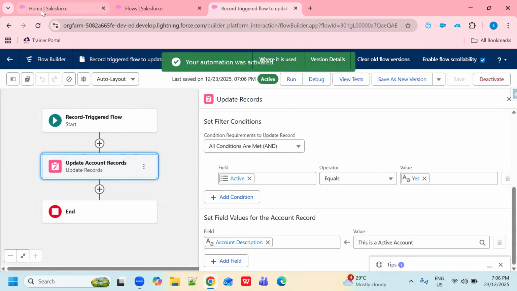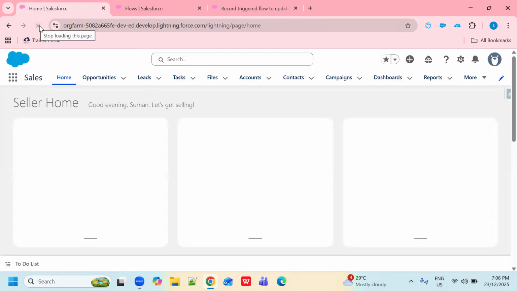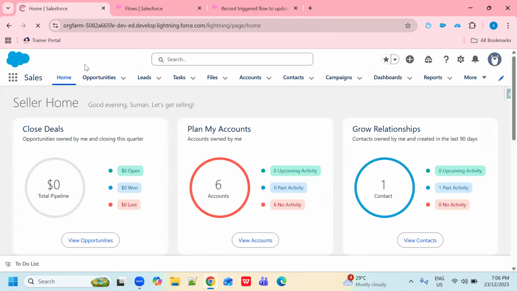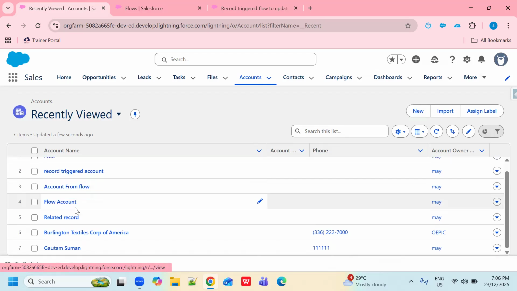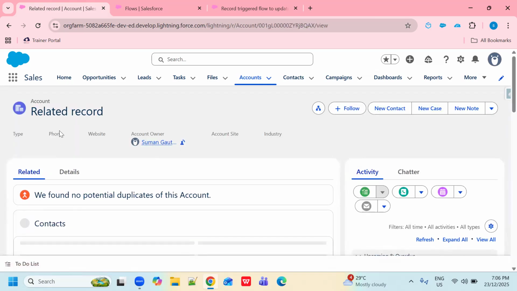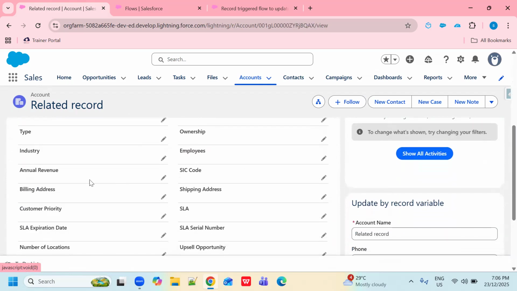Now come to our application. Let's just refresh this once. So this is my account object. I can create a new account as well by putting the active field as Yes, but because I have applied this flow on edit also, I can edit.